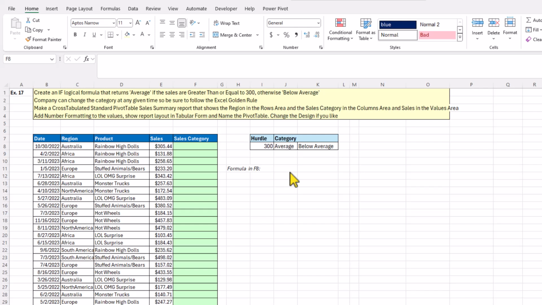The company can change the category at any time, so we are sure that we are following the Excel golden rule, and that's why we have the cell references or the formula inputs that we will use in a different cell, and we have labeled that, and we will use this in our formula here with a cell reference. We will then make a cross-tabulated standard pivot table for the sales summary report that shows the region in the rows area and the sales category in the columns area